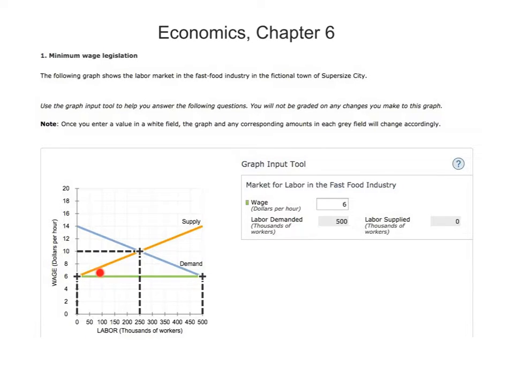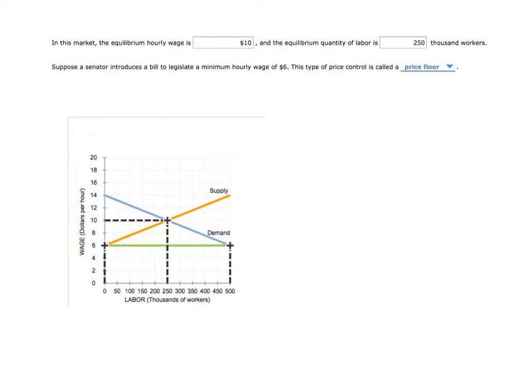Here's the supply of labor. Here's the demand for labor, equilibrium right here. So the equilibrium wage is $10. Equilibrium quantity is 250,000 workers. So again, in this market, the equilibrium wage is $10. We read this right here. Equilibrium quantity, 250,000 workers. If a senator introduces a bill to legislate a minimum hourly wage of $6, that's this right here,